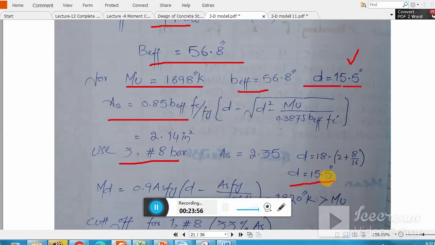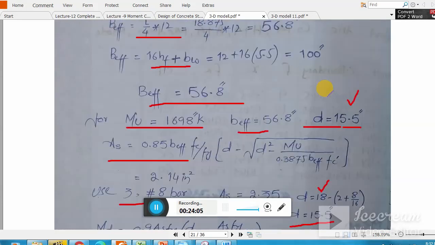This 18 is the total depth, and 2 is the clear spacing. Remember this spacing, let me show you. For example, if I place a bar here, and I have to use a number 4 stirrup, so to the face of the bar, not to the face of the stirrup, that is 2. To the face of the stirrup is this 1.5, that is the clear cover. Now I am using to the